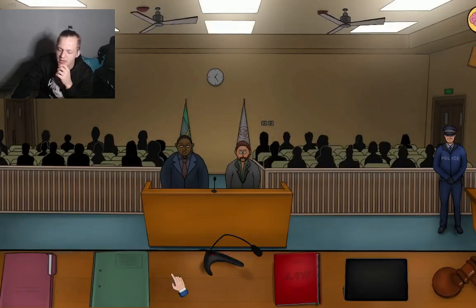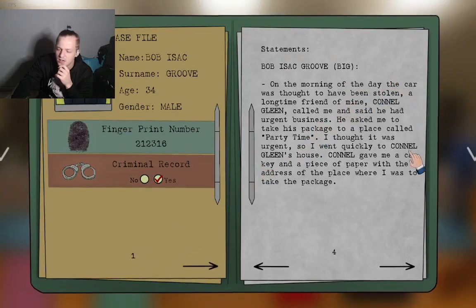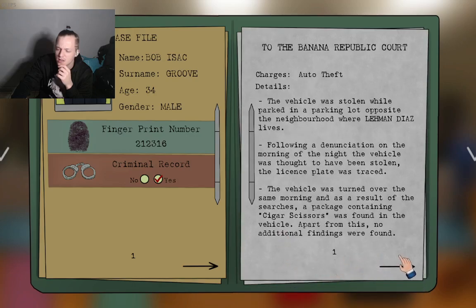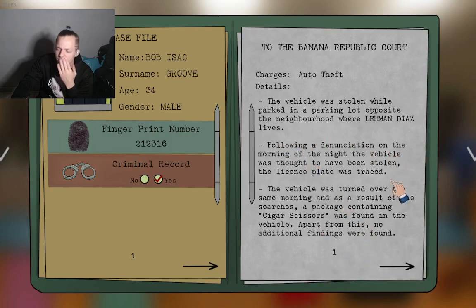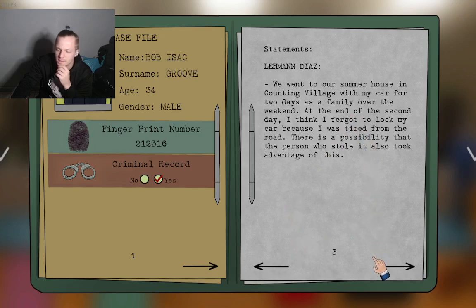Wait, so does that mean... Vehicle was turned over the same one. No additional findings as a result of the identity check. Person. No, as a former. Okay. So.